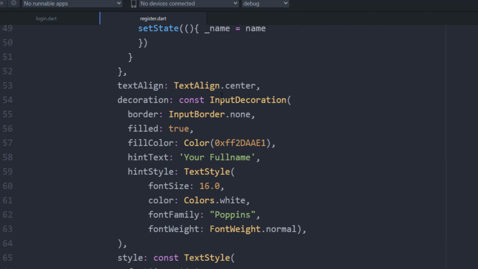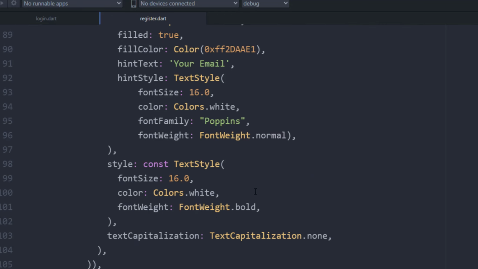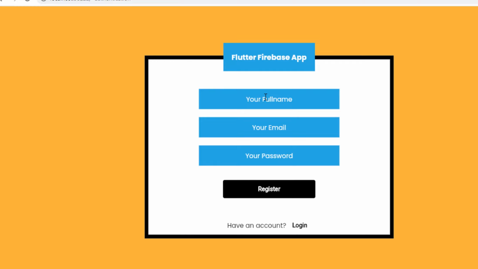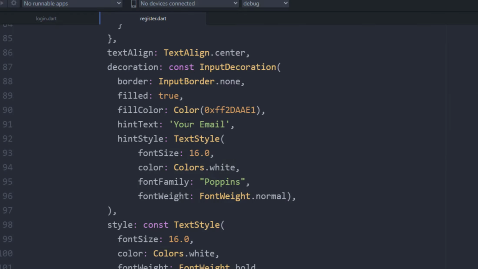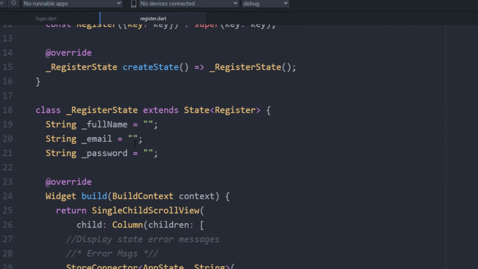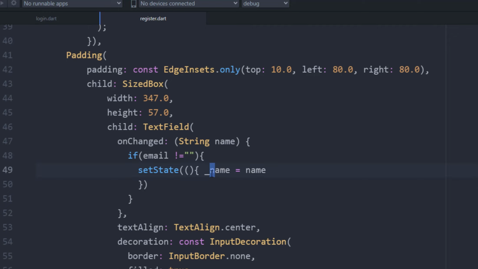So whenever we are typing something inside this form, let's say you want to type your real name. Let's say I put down both queues there, both queues real name. It's going to automatically take in what is here and assign that into the state value of full name or name over here. So it's gonna do that. I think this is full name, not just name. So this is full name,